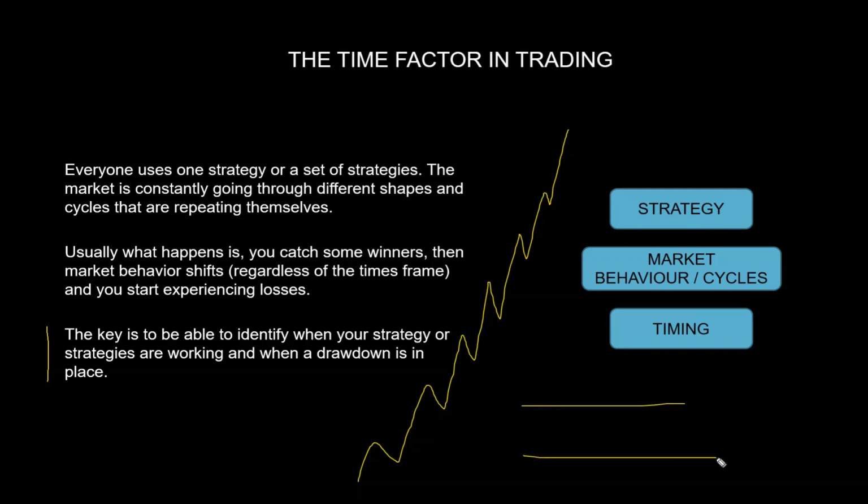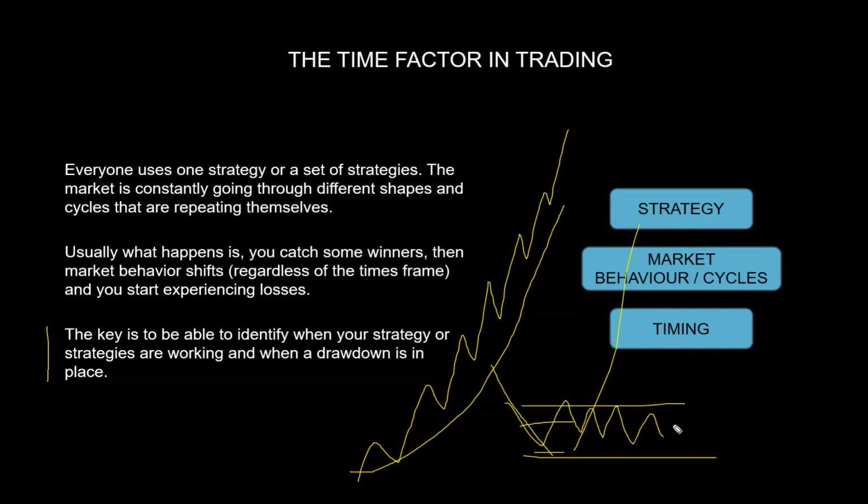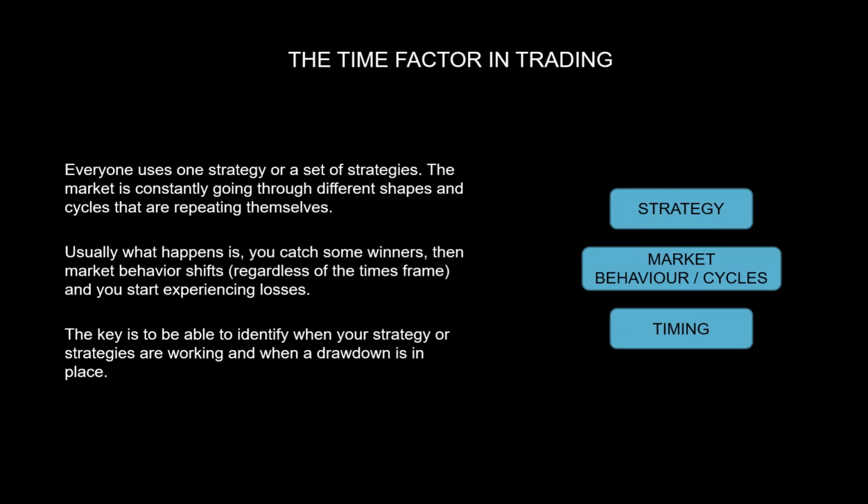If your strategy is a ranging one, you want to find assets that tend to zigzag, right? Range. So the hardest part usually for most people is you understand what your strategy does and what its strongest suit is. The hardest part is identifying whether the market is now ranging, consolidating before the next move, or it's simply zigzagging. This is the toughest part of all. Okay? And here we have the three things that we just discussed. You have a strategy.